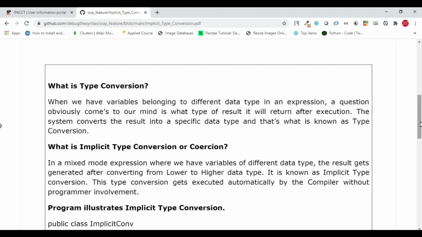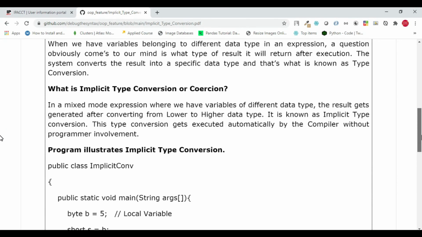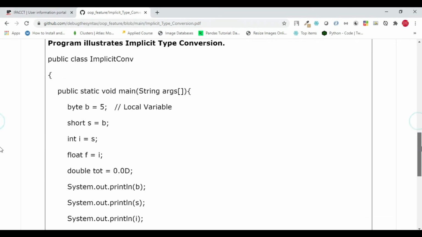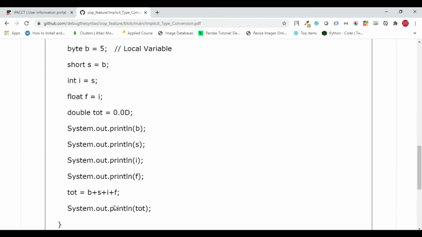So in which particular case will type conversion take place? That's what implicit type conversion is. In implicit type conversion, the first statement very clearly states what the meaning is. It's a mixed mode expression where we have variables of different data types, and that's what this sample program is showing you. All the variables represent different data types.